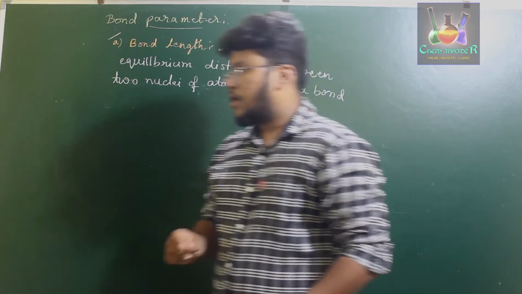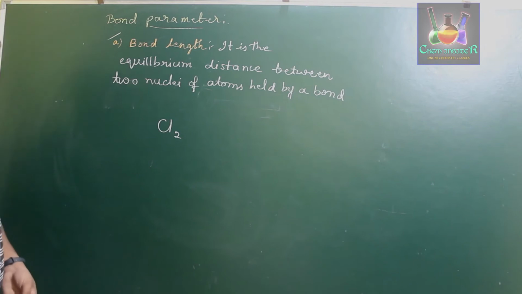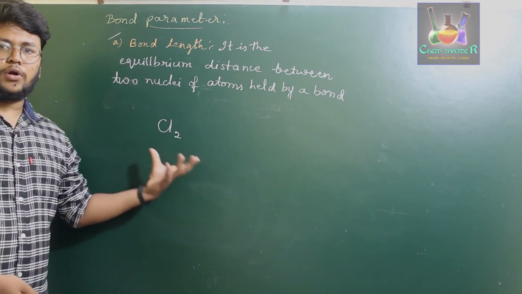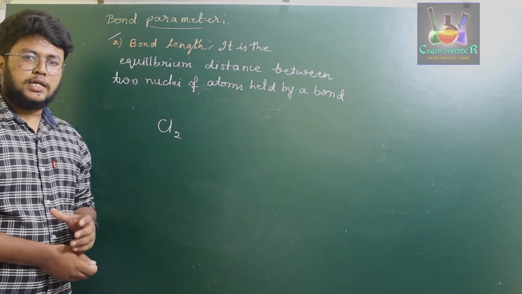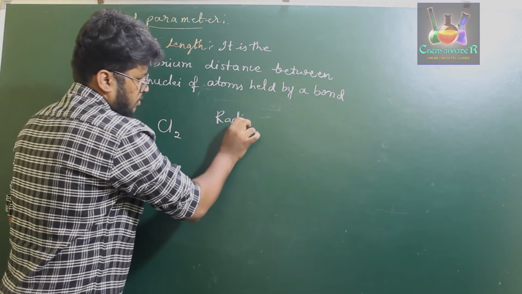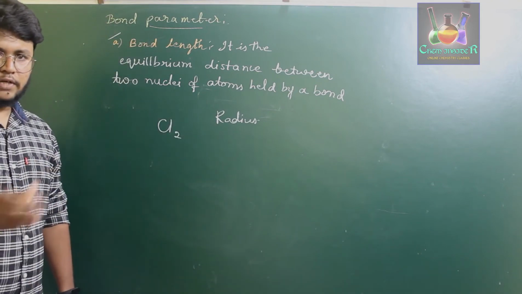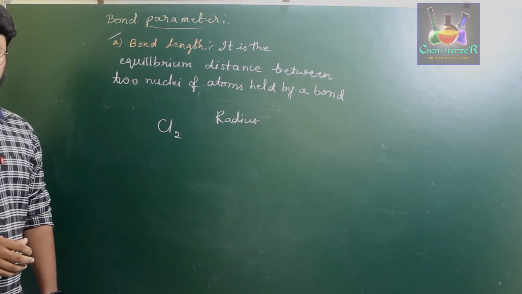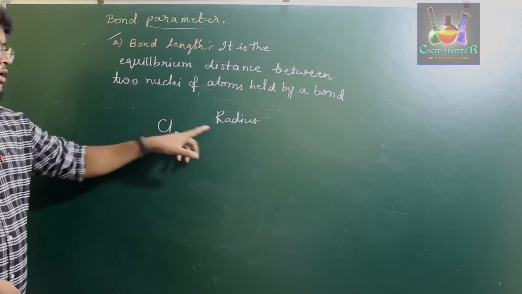For example, if you consider a chlorine molecule, we discuss its particular radius in order to explain its bond length. So if we have to understand the bond length, we need to consider the radius of the atom. It might be covalent radii or van der Waals radii, it doesn't matter which; it completely depends upon the type of molecule you are considering. So if you have to define bond length, it should be in terms of the radii.